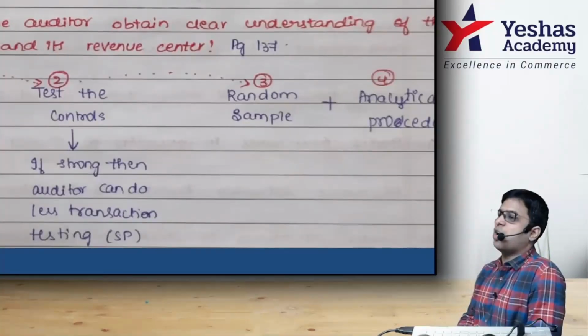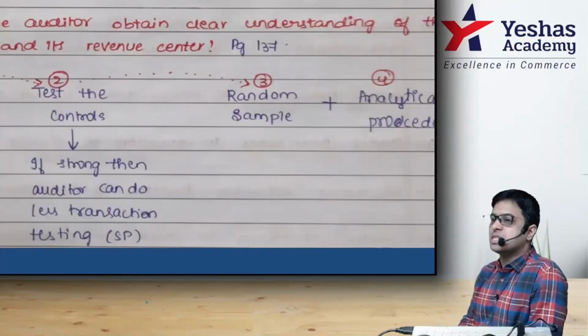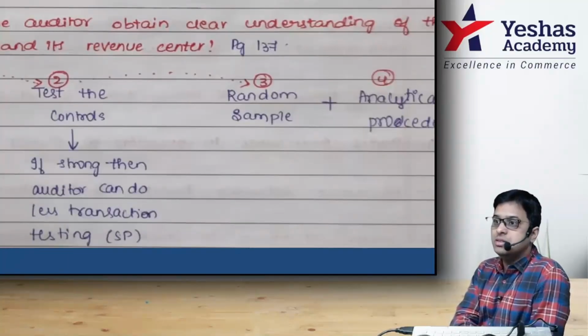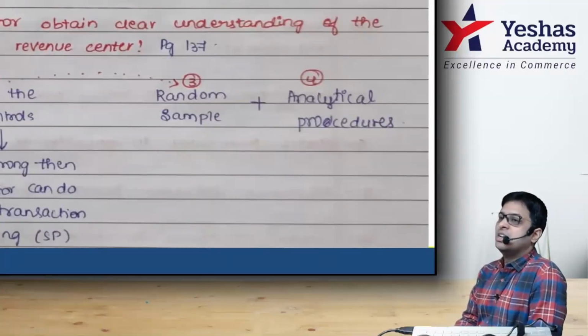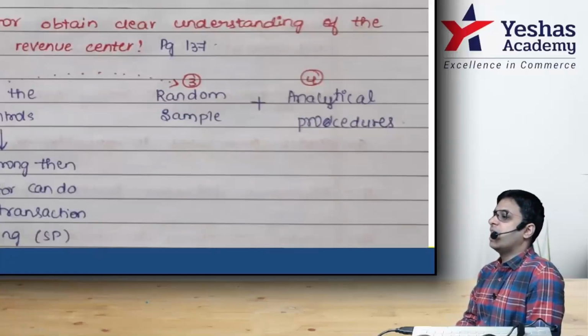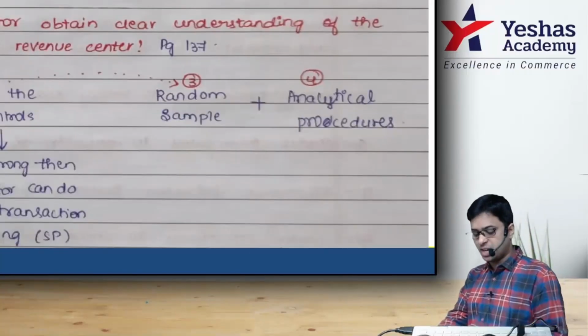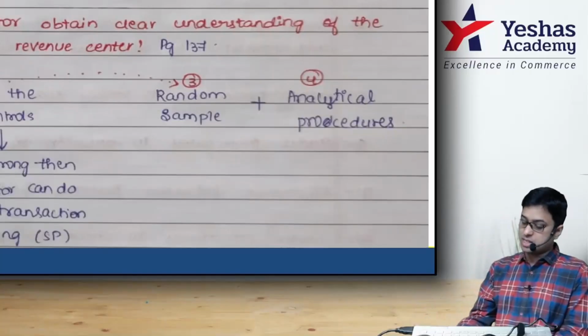Next, tell me, can the auditor check all sales or only on a sample basis? Random sampling they have written here. Finally, the auditor will do analytical procedures. Next, analytical procedure, what will you write there? Read it with me. See, very simple area. Question number 6. Read it with me. This has come twice by the way in the exam.